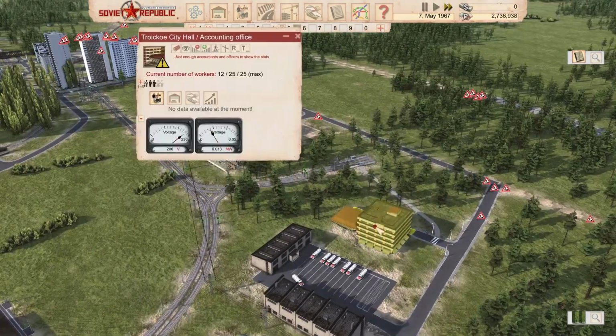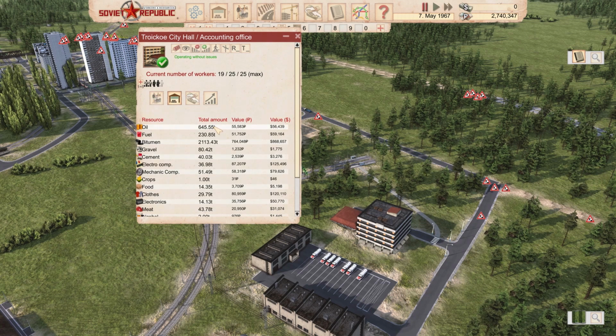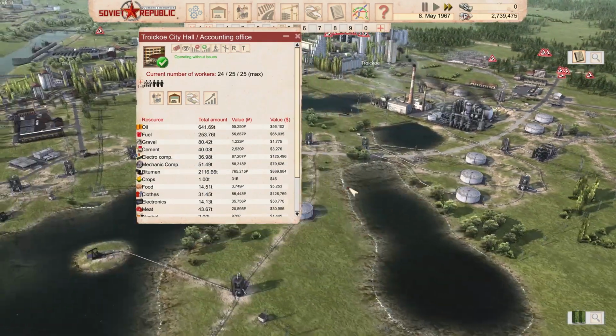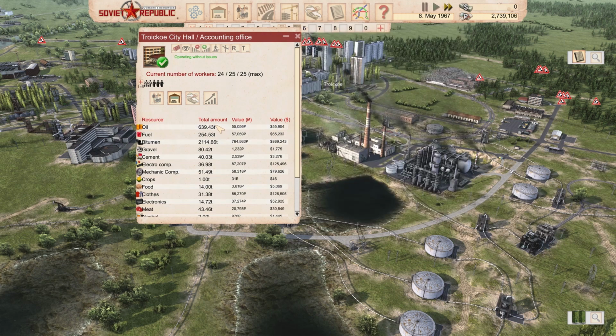Okay, city council. Oh, we have enough people. Okay, pause for a second. Oh no, not yet. Okay, what's this? Well, what is this? I have no idea. Resource status. This is how much oil we're pumping. 600 tons? Really? Or is that how much we have? No, no, no. We can process only 250 tons a day. So we're not processing or pumping. Maybe we're pumping this much. Fuel. Is this how much we have or how much we...